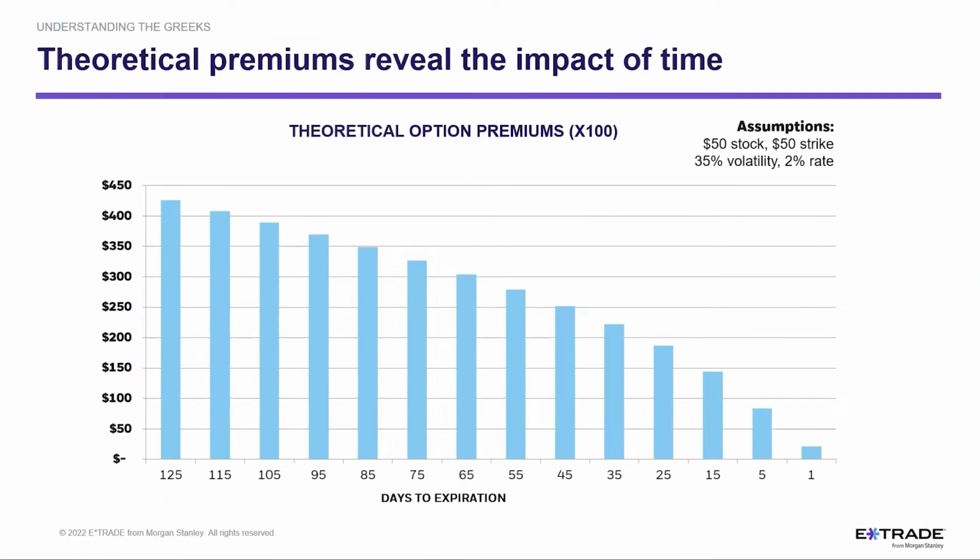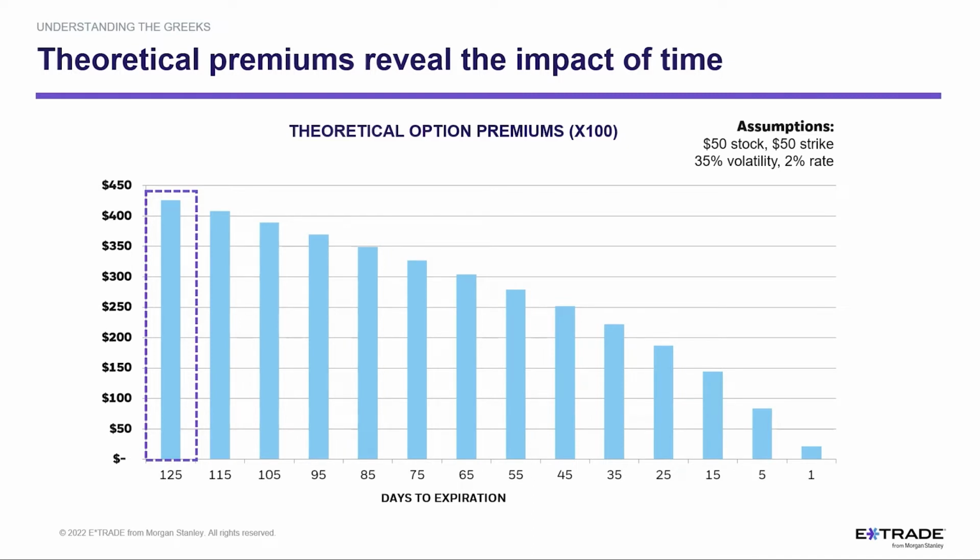We talked about our option pricing model earlier, and I use an option pricing model to calculate the theoretical value of an option. The option is specifically at the money strike. The assumption is it's a $50 stock, a $50 strike price. There's a volatility and interest rate assumption there, and we don't need to discuss that. It's not part of the conversation right here. And what I'm showing you is, if you look at the first bar here, it says that if that option has 125 days to go to expiration, its value would be $425, as I've put it on the